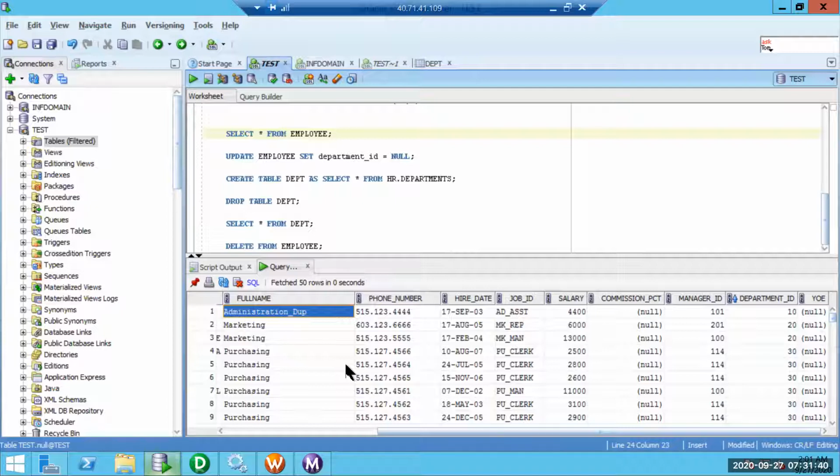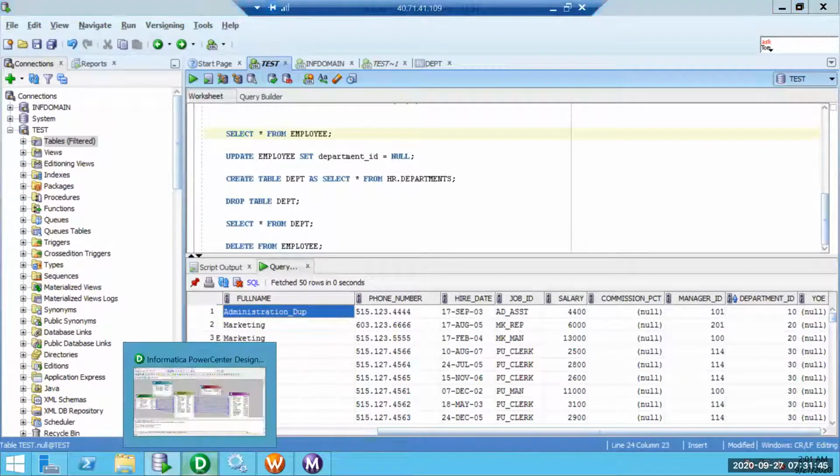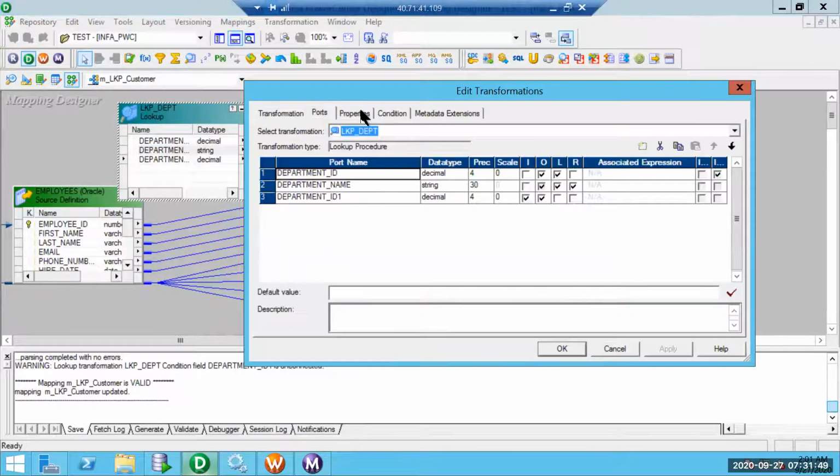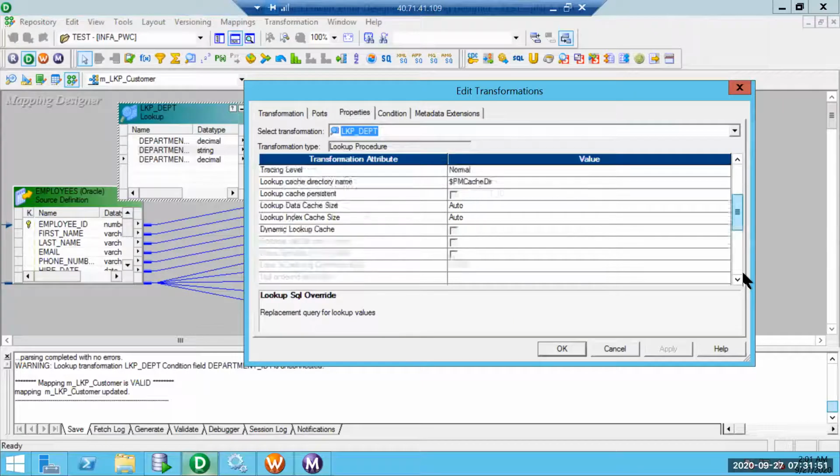One more thing is we have something called named cache. The purpose of named cache is that when we don't want to build the cache again and again, we have a concept called named cache.